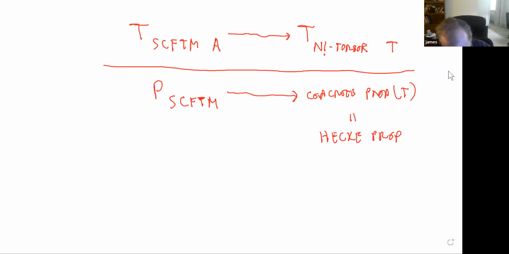The Hecke prop of what? Maybe the Hecke prop of T. T meaning the total. I guess I should call it the tautological action. How do I write this? Where's my